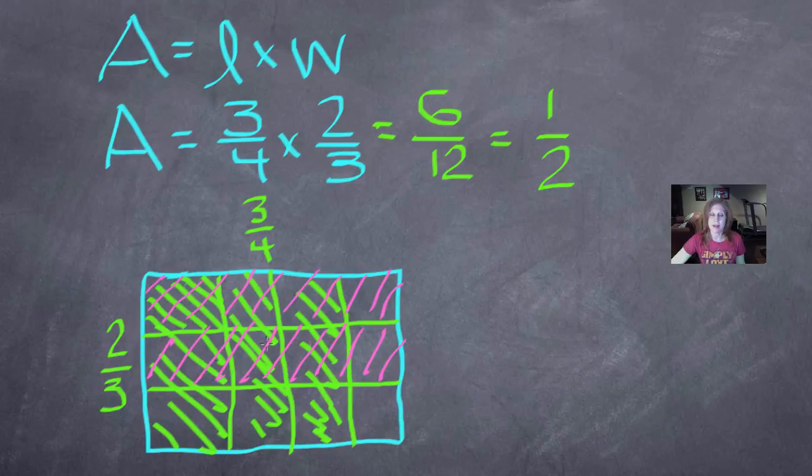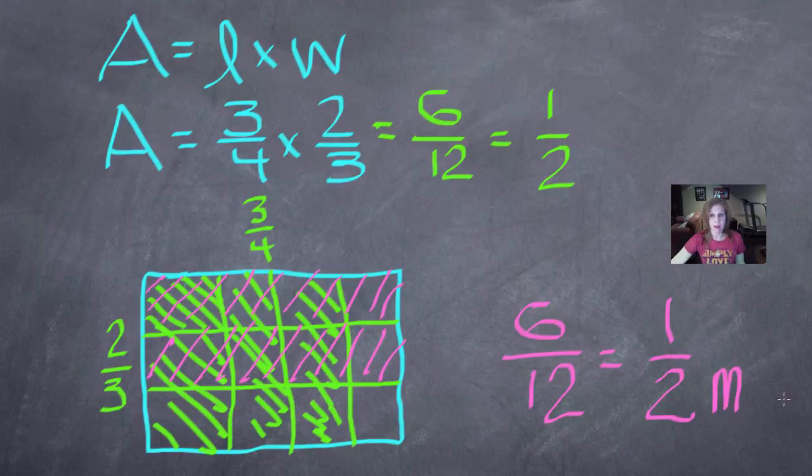So that's 2/3. Now, to get my answer, I look at the squares that have kind of the crisscross. It has the green pattern one way and the pink pattern the other way, because those are the overlapping areas. So I count 1, 2, 3, 4, 5, 6 is my numerator. And then I just figure out how many squares I have in all. I do know that I can multiply 4 times 3 and get 12, but if I'm not great at multiplication, I can also count my squares, and there are 12 in all. And of course, because I have 6/12, I would need to simplify, which would give me 1/2,